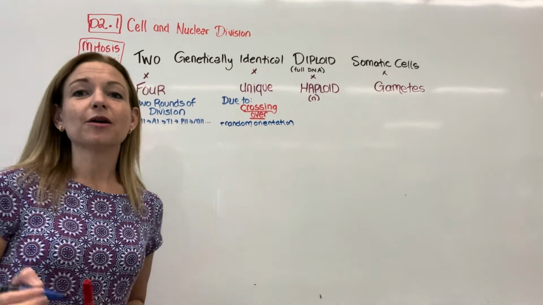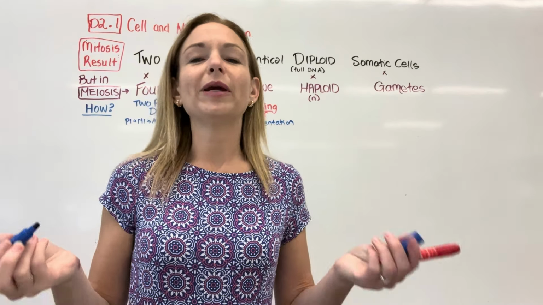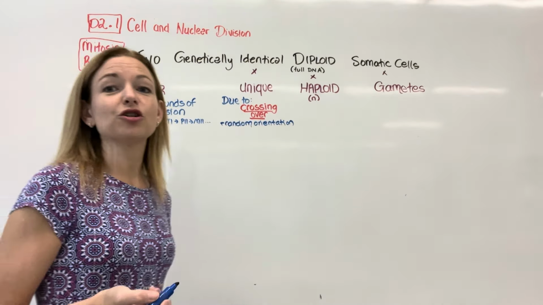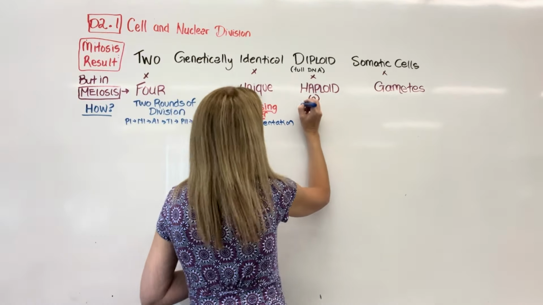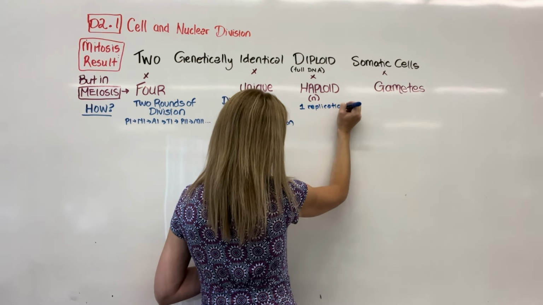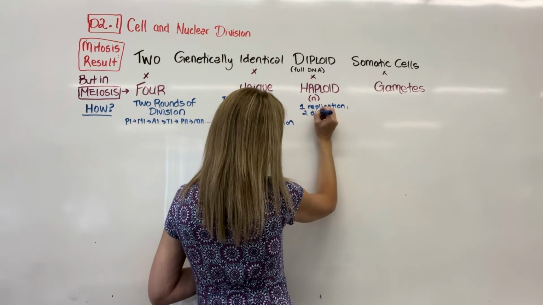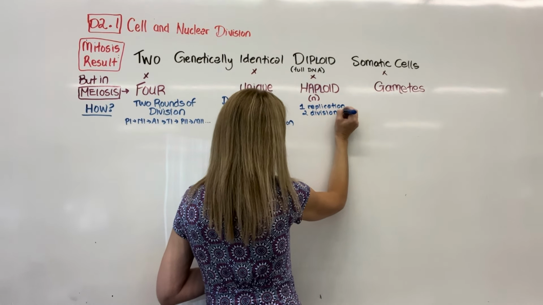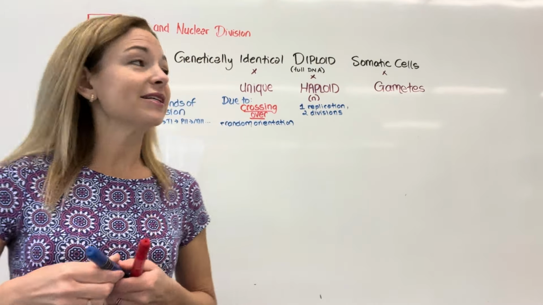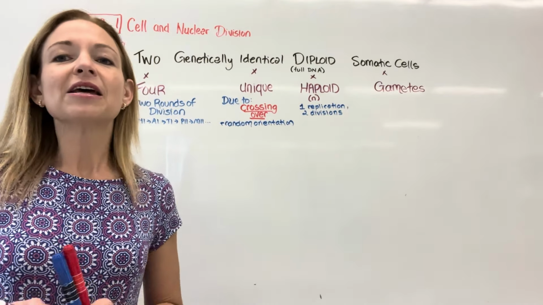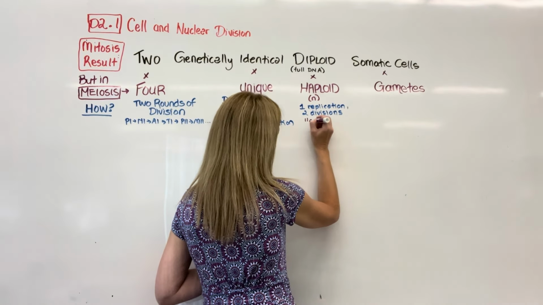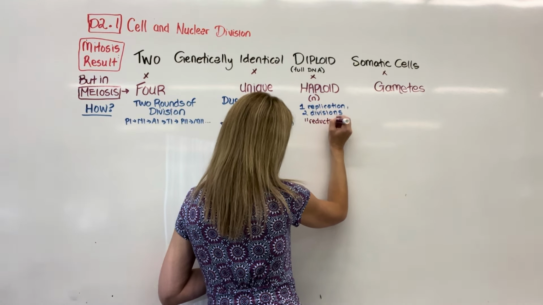Then how do we end up with haploid cells? How do we end up with half the amount of DNA? We already kind of covered that by saying 2 rounds of division, but there's going to be 1 round of replication and then 2 rounds of division. So we only replicate the DNA at the beginning and then do 2 rounds of back-to-back division without replication again. There is a vocab term you'll see for the fact that it ends up creating cells with half the genetic material, which is that it is a reduction division.